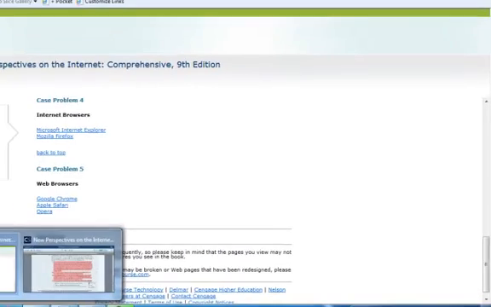So I'll click case problem 4, click case problem 5, and you'll see the various internet browsers. One of them, case number 4, deals with the browser for Internet Explorer and for Firefox. Case problem 5 deals with Chrome, with Safari, and the less popular but still good Opera browser. What you're doing in this exercise is picking 2 of these, one for case problem 4 and one for case problem 5. And again, if we look at the book directions,